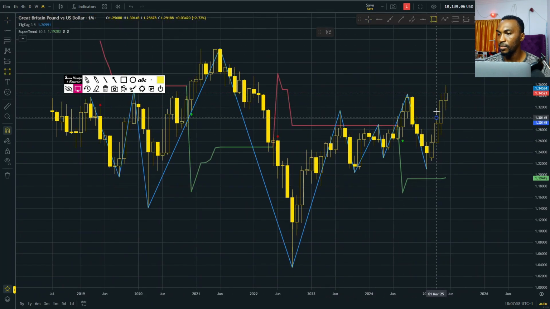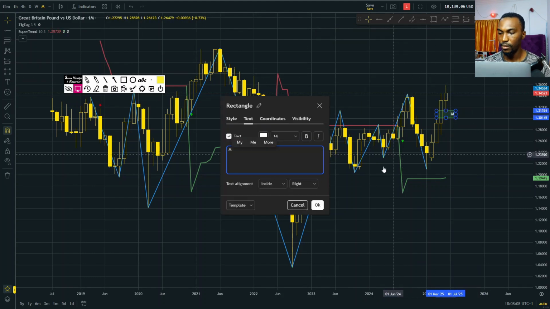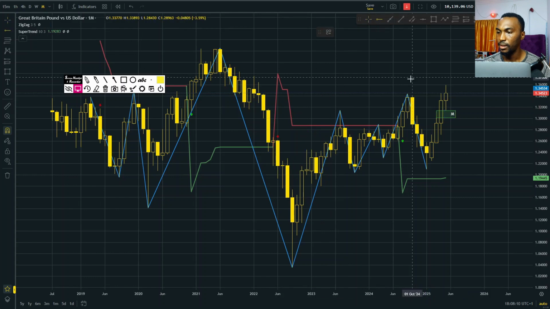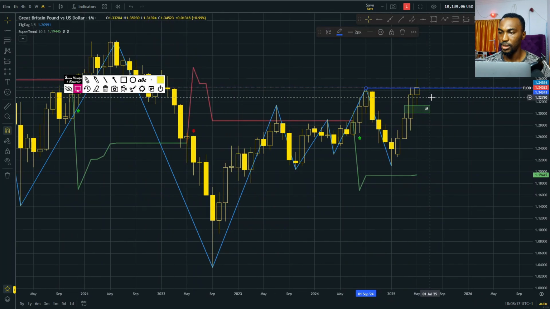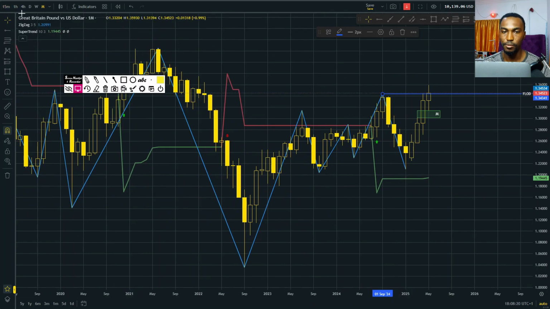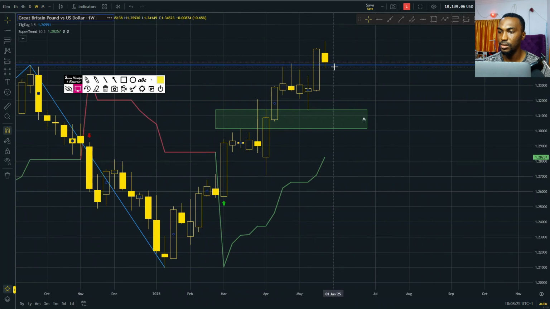So on the monthly, we have a very similar scenario. We have ourselves a monthly fair value gap right here. And the first line of defense is actually not the fair value gap, which is not so credible. So we're expecting a bit of consolidation if possible. But turning it down to the weekly, let's see if we have a weekly situation. Yep, we do have a weekly situation right here.